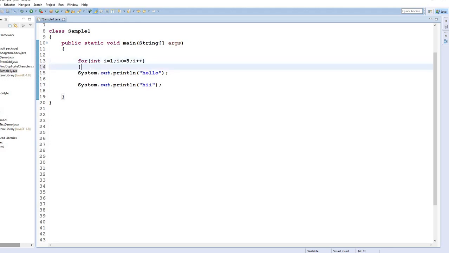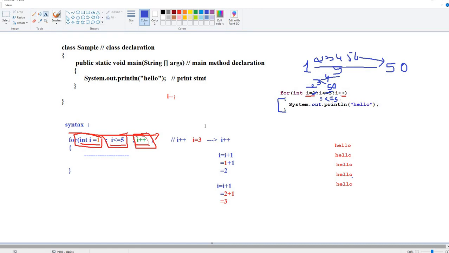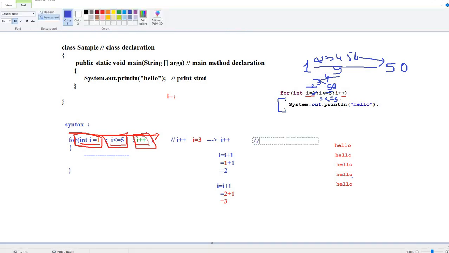Okay, so let's go to the next interview question. Very interesting. So i is 1 and i less than or equal to 10. Instead of i plus plus, I'll use i equals i plus 2. Initially if the i value equals 1, can you tell me what it's going to be? 1 plus 2 is how much? 3. Initially i was 1, now it got incremented by 2. So this is what it means.